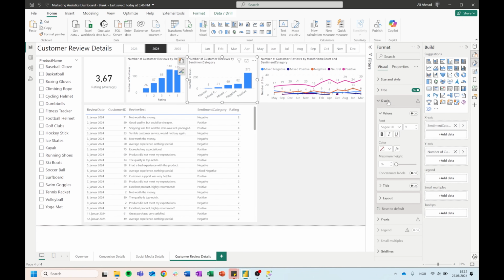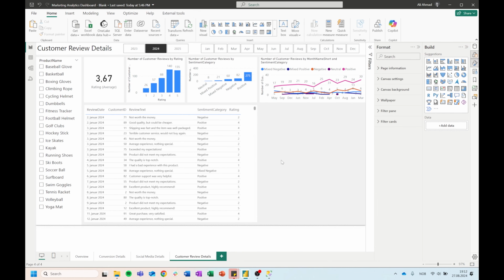Let's also give this label a little bit more room, so we can see it fully. So now you can read it fully. That's good. And the last one that I want to show you guys is a little bit more advanced, but